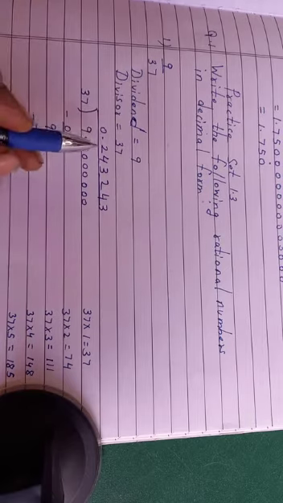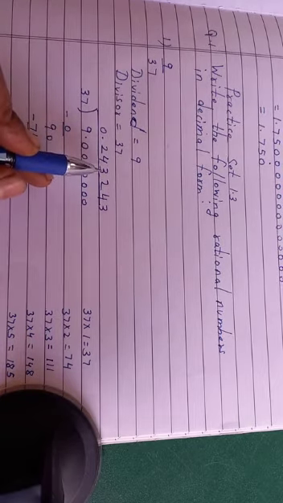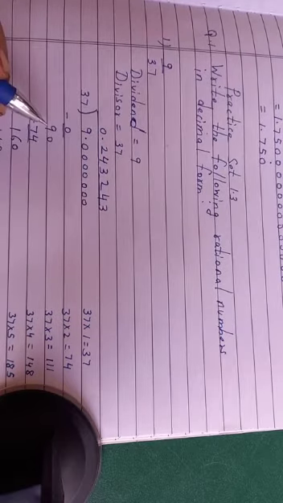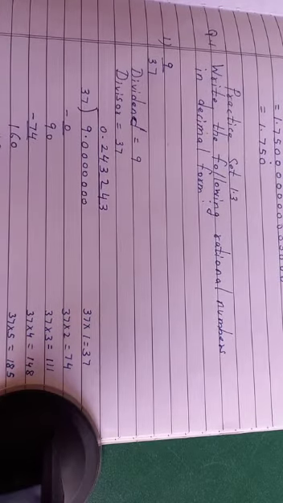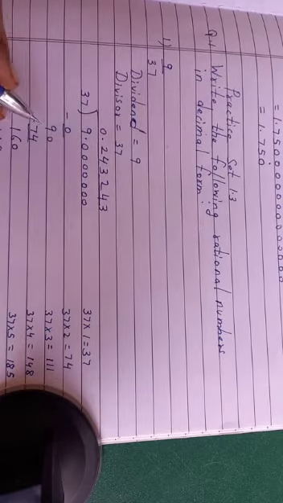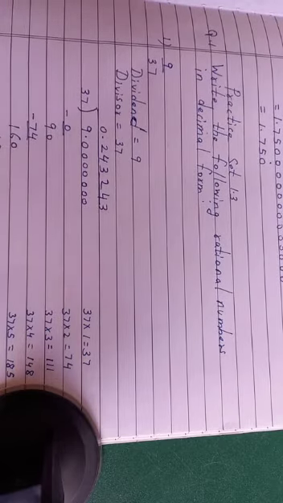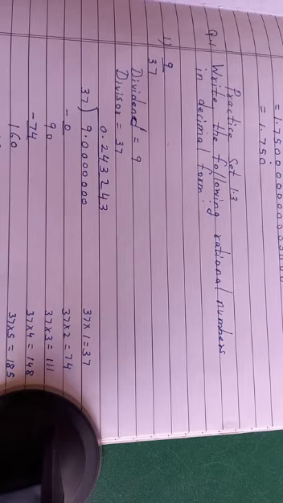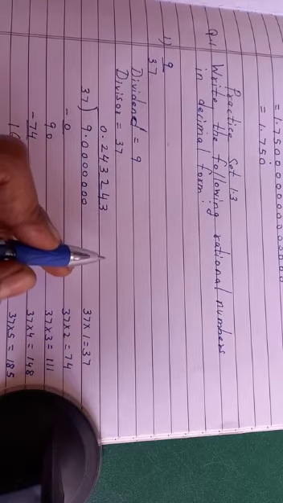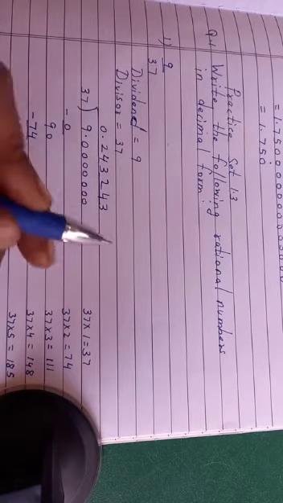Now check here. You got here 2, 4, 3. Right? Again 2, 4, 3. And here 9. And check here. Here again if I put 0, it will be 90. And you will get again 2, then 4 and 3. Here 90 we got, and see here also 90. And here again I will take one more 0, 90. Means this 2, 4, 3, again 2, 4, 3, again 2, 4, 3. This will go on and on and on.